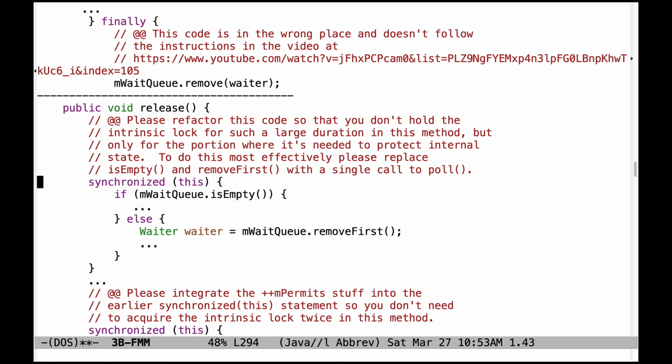Now let's turn our attention to release. People had fewer problems with release than with wait for permit, but there are a bunch of problems. We'll start again with the undergrad version. So one thing to remember is refactor your code so you don't hold the intrinsic lock for such a large duration. You only need to hold the intrinsic lock for the portion in release where you need it to protect